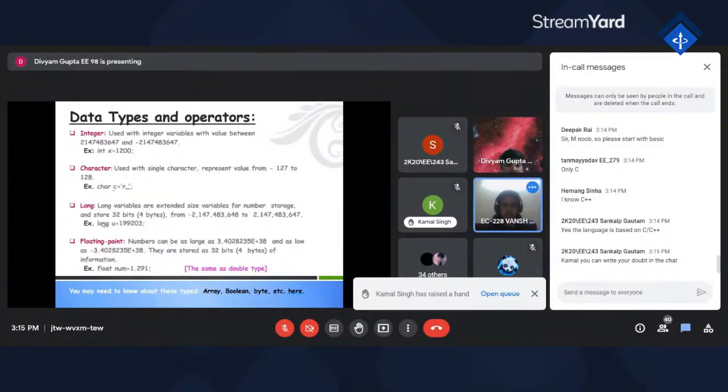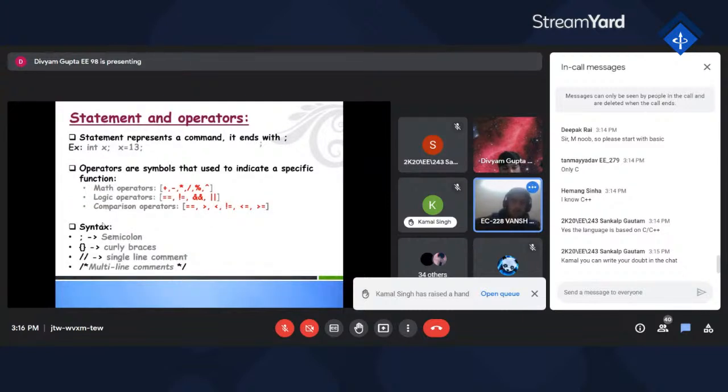For initializing decimal values, we use a different prototype called floating point, and we use it as float and initialize a number. As given in the example, simply write float, take a variable name num, and assign it a decimal value. This is the main basic syntax when we initialize a number with a particular variable name.